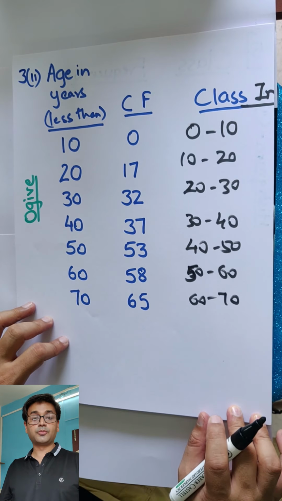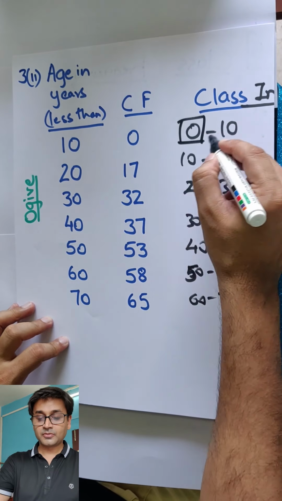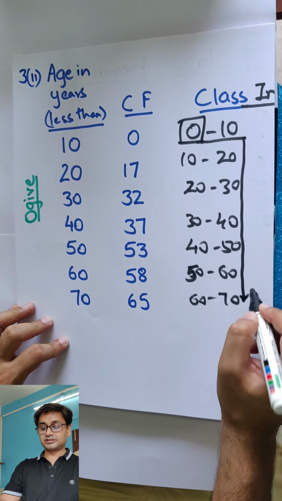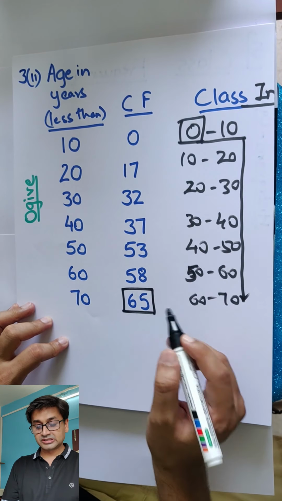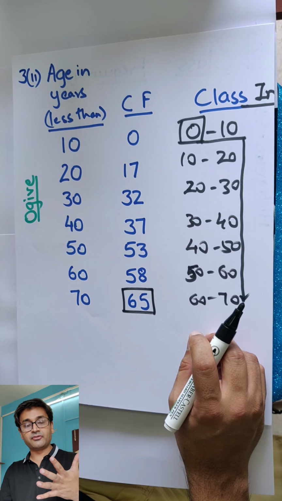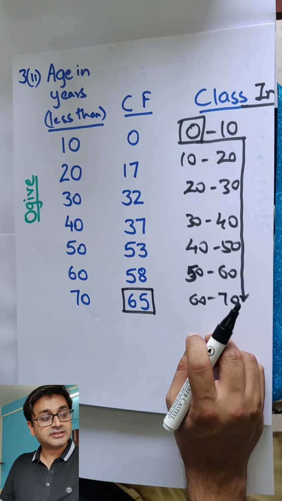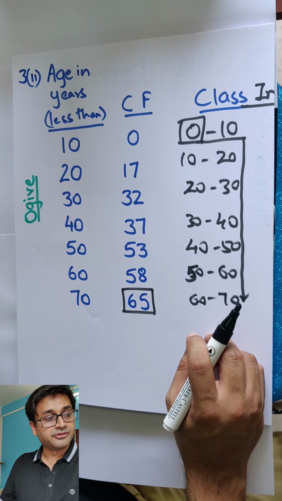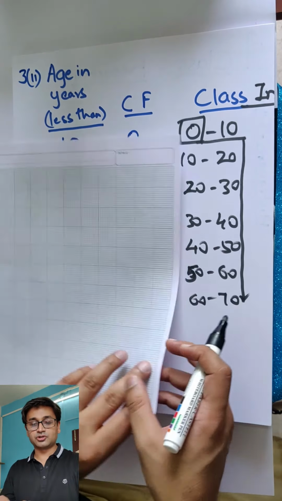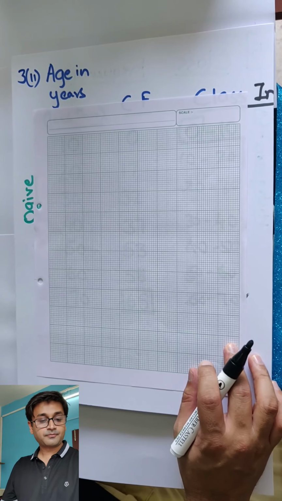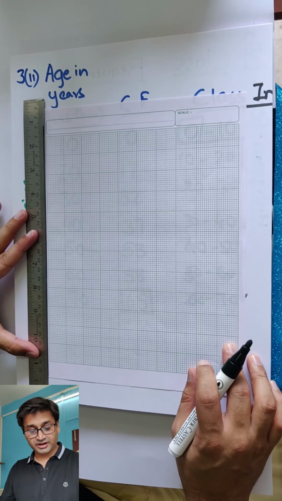Perfect. Now can you plot? So starting from 0, go till 10 and come down. So that's my diagram. Calibration on 65. So you can either take 5, will need 13 lines, not possible. You'll have to take 10 only. So let's hit it with 10. Come on, pause the video this time on your own, draw the ogive and show it to me quickly.